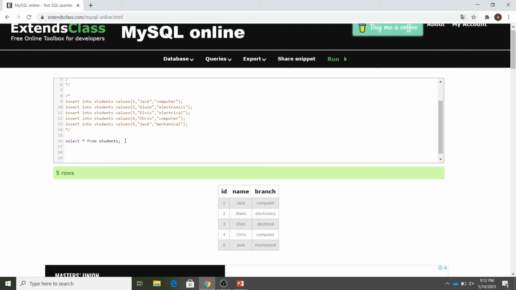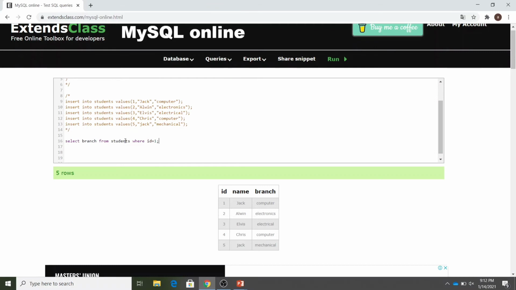Now how will we do that? I will show you. So first I have to mention the field that we want to select. So we want to select the branch field, right? So I will select branch and then from and the name of the table. So that will be students. Now the where keyword will come, and it will help us achieve the conditional thing that we want to find the branch of the ID 1. So we will specify where ID equals to 1.